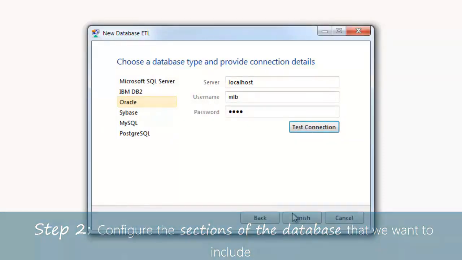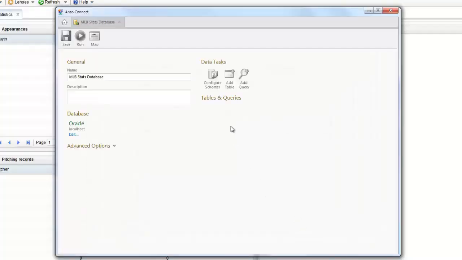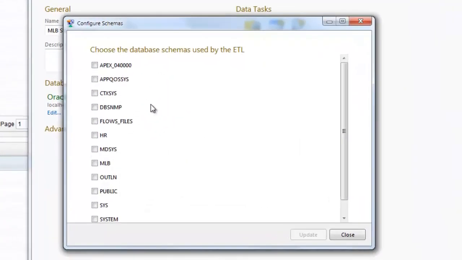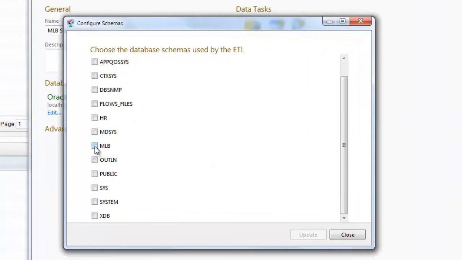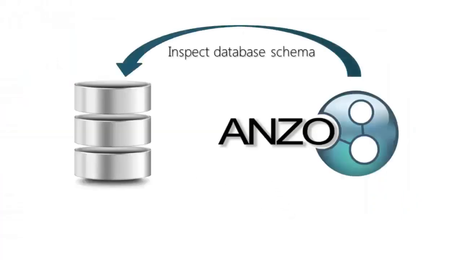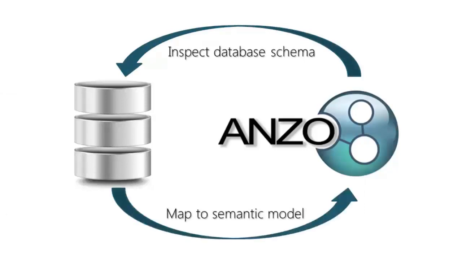This is different for each database, but in general, Anzo Connect will display a high-level description of the types of data that are available in the database for the user to make their selection. So we're going to choose Major League Baseball as our, in this case, a schema from Oracle. And Anzo is going to query the database catalog, pulling all the relevant tables and columns and schema information down into Anzo, storing it in a semantic format in Anzo,